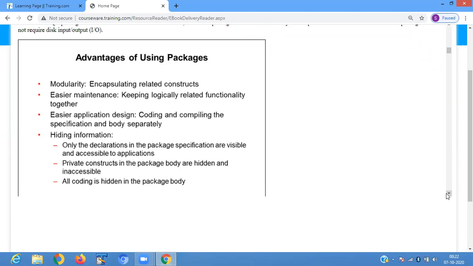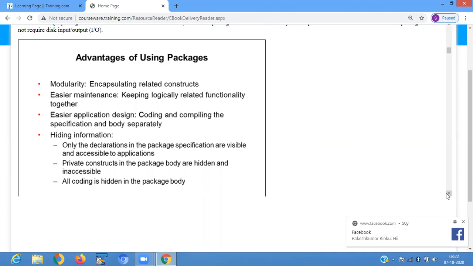That is modularity. Easier maintenance: keeping logically related functionality together. If you are creating information for a student, the student information is placed in one place. Hiding the information.